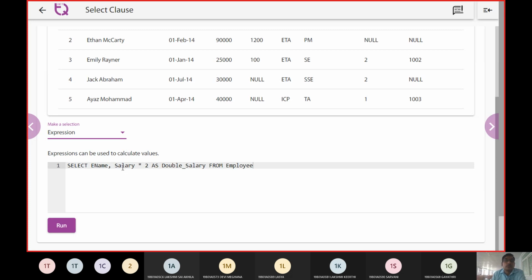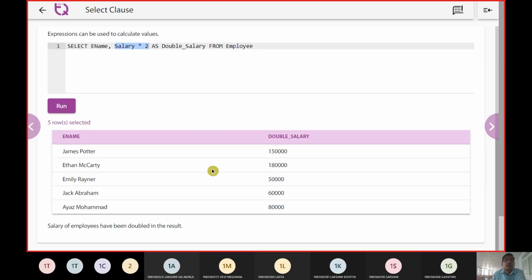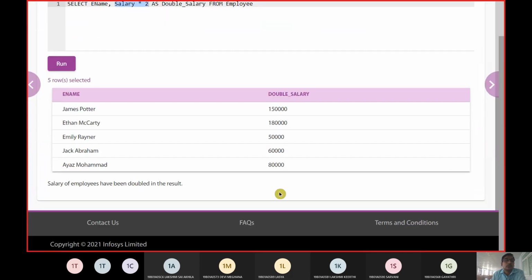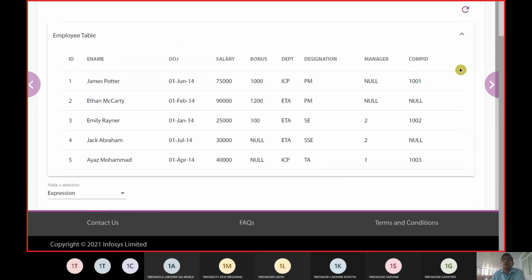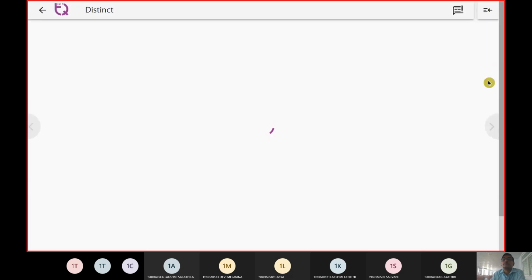Now an expression was that we are going to mention an asterisk to the column, and thereby we will generate it. So when we hit the run button, you can see 40,000 converted to 80,000, 30,000 converted to 60,000. In this model, we are able to look into the queries.